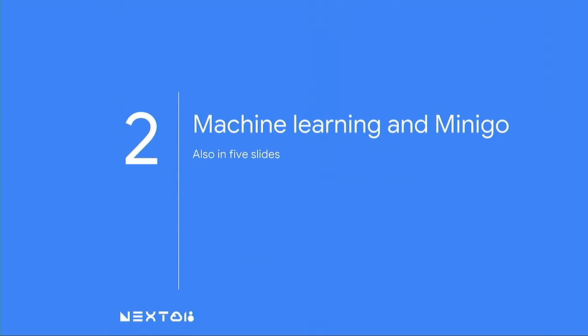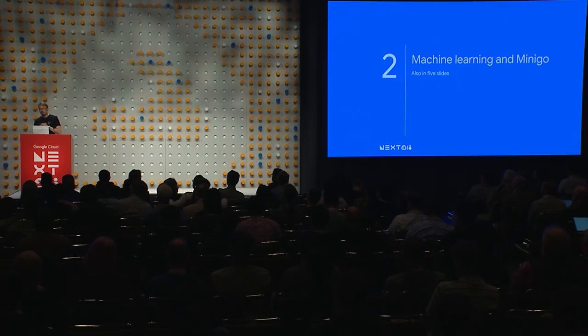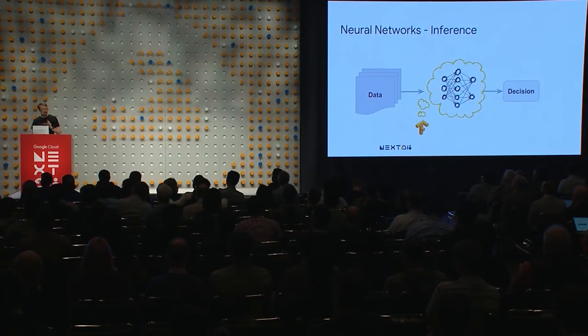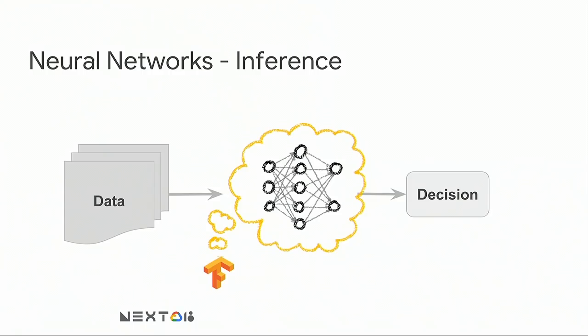And so let's take a step back and let's talk about how we're going to approach this with machine learning. So this is 5 slides about machine learning. Obviously, this is not an exhaustive explanation. I should mention also, this is probably a good time, none of us have PhDs on the Minigo team. So there's probably people in this audience who understand this better than I do. But bear with me. I hope that this will be enlightening for folks who have maybe not done any machine learning before at all. So real quick, inference for neural networks.